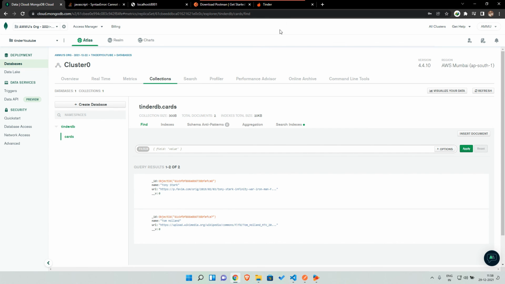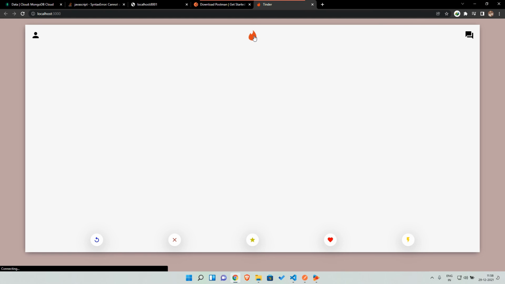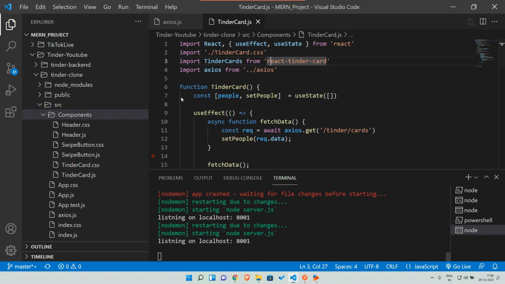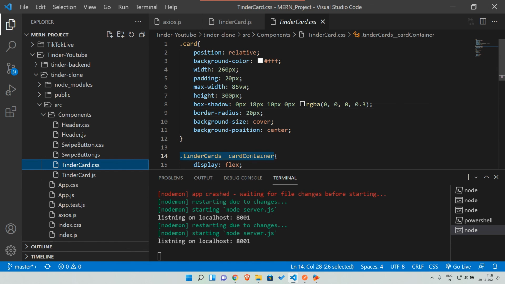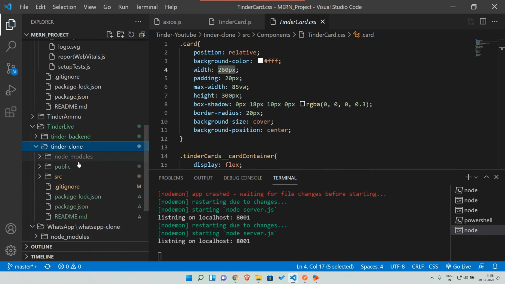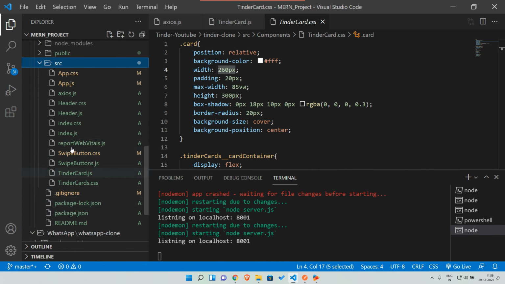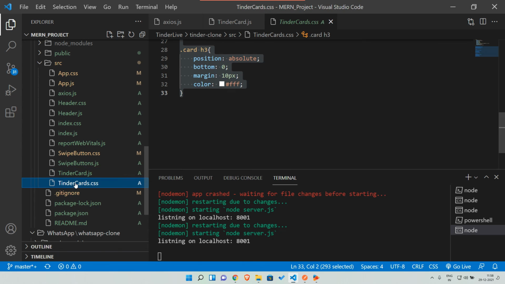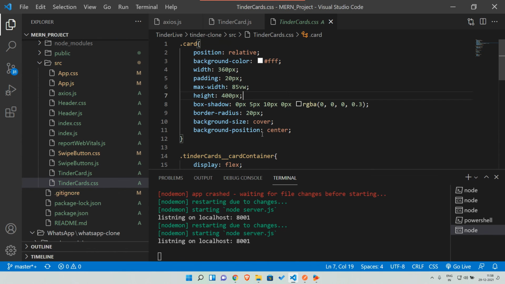So that's it. We have done our project, and when we click this, it's restarting. We can adjust this height, and inside our Tinder-Clone.css, we can say our card, and we can set our height as we prefer, and we can use our width and height like that. I will just go with our other one, and I will choose this height, not header. Yeah, this one. So I will just choose this one, and I will just copy,